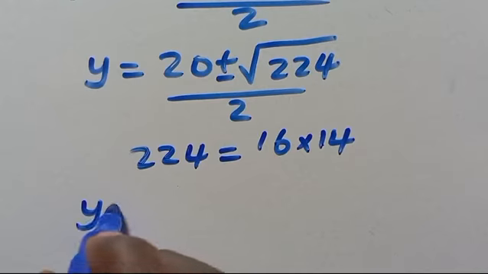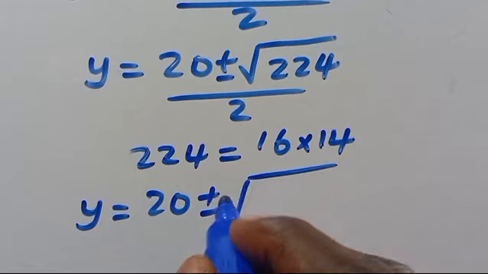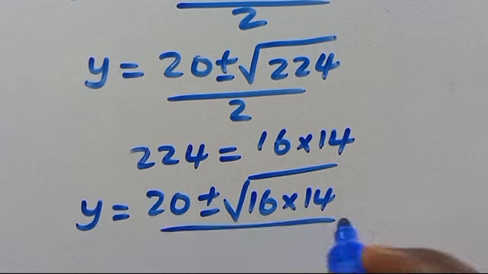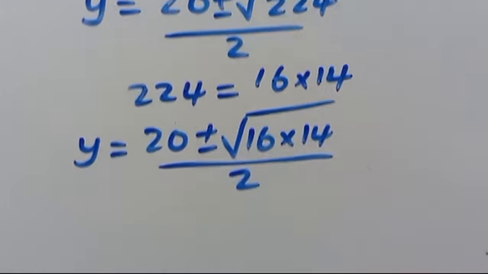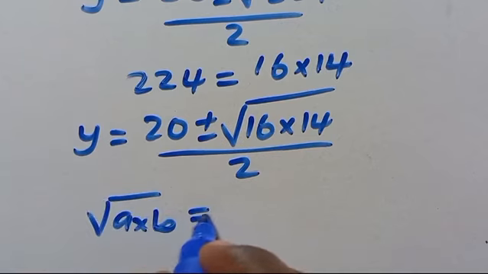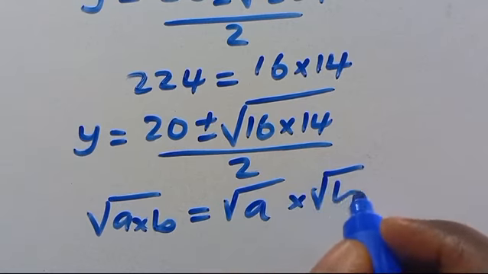So we have y equals 20 positive or negative, square root of 16 times 14 over 2. Then root of a times b always equals root of a times root